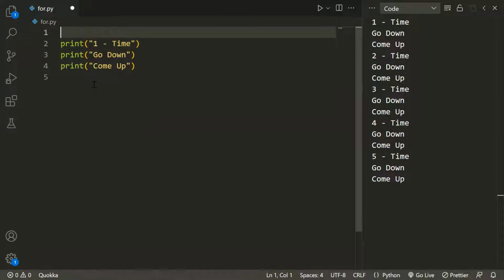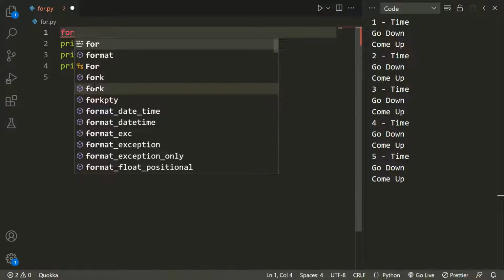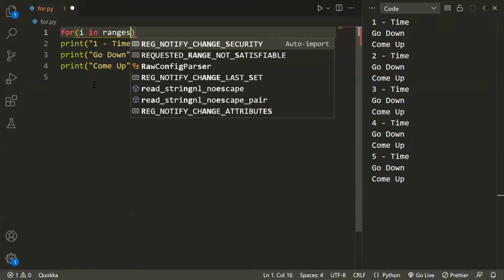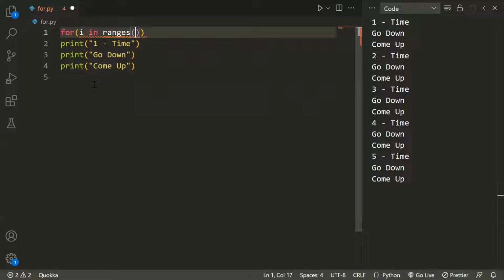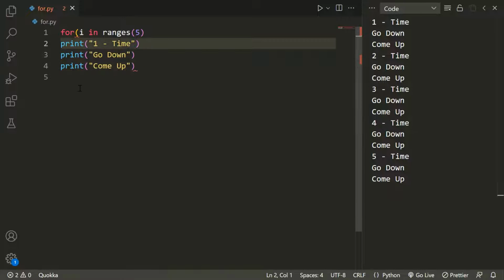I will introduce one for loop. So for i in range. What does range mean? If you give any number, it will create a sequence of that many numbers. For example, if I give 5, it will give me the numbers 0, 1, 2, 3, 4. So a sequence of 5 numbers gets created. But here it is throwing an error. Why? Because